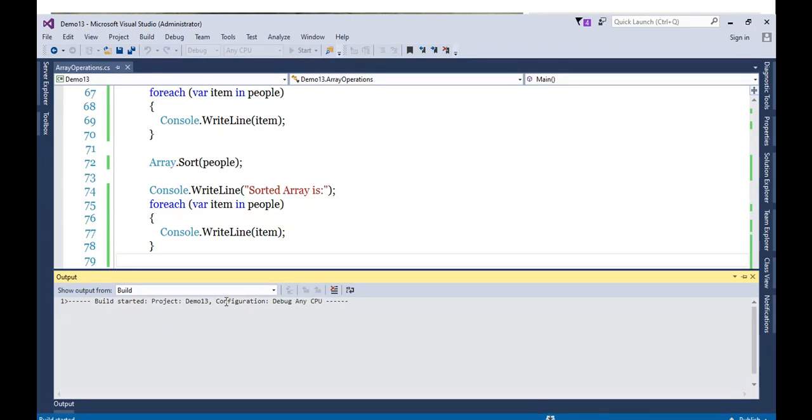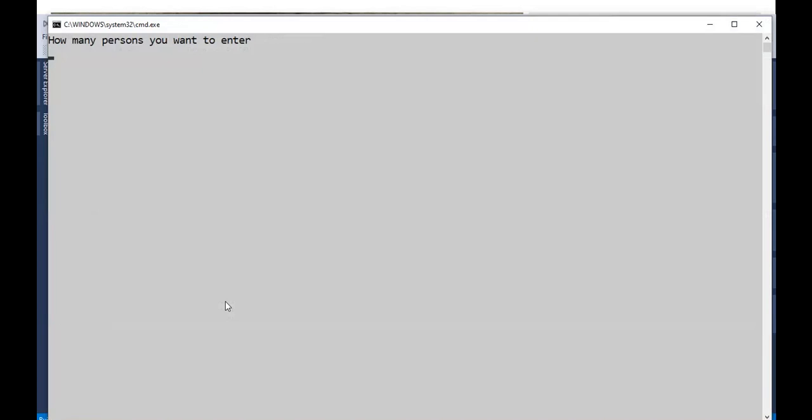Let's do build. The program gets executed. It will ask me how many persons I want. Let's say 3. Let's give the first name. The first name is, let's say, Stuart. Then again, for the second object, it will ask, so give the second object.